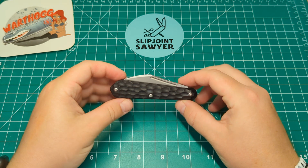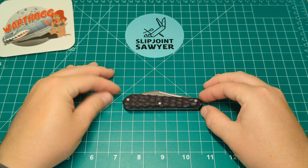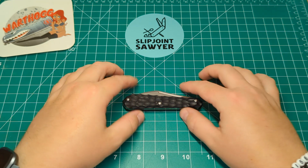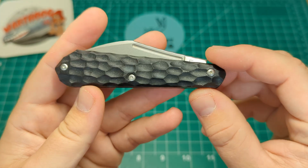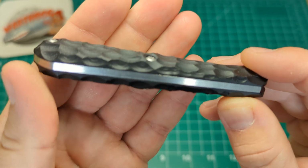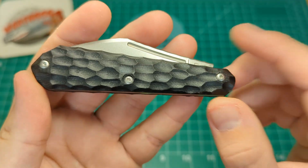So here it is, the Boker Koteyka. So we're looking at a closed length of right about nearly 3 3/4 inches. And you can see that very striking, milled black G10 handles. You can see we have T6 hardware all the way along. And look at the deep grooves and the ridge in there, and it does make it wonderfully ergonomic as well